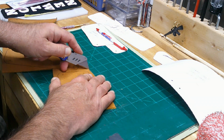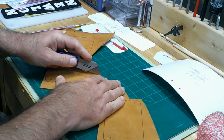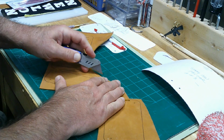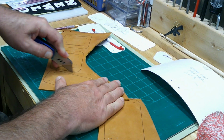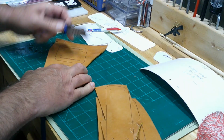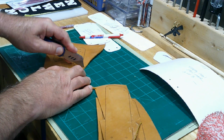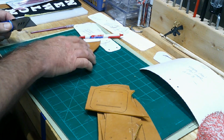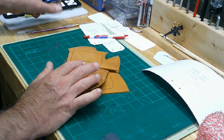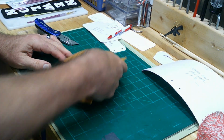Let's cut these pieces apart. And before I start cutting them out, I'm going to flip my knife blade over so I have a nice sharp edge to start with. And this leather is fairly stiff to be a little lighter weight. I've made some smaller caliber holsters where the gun doesn't weigh very much out of this. In fact, the cross draw for the Ruger Wrangler that I did, if you look back on that video, I made that out of this material. Let's set those aside,